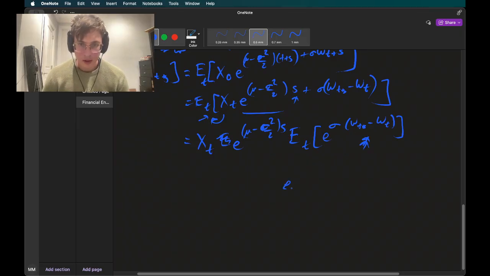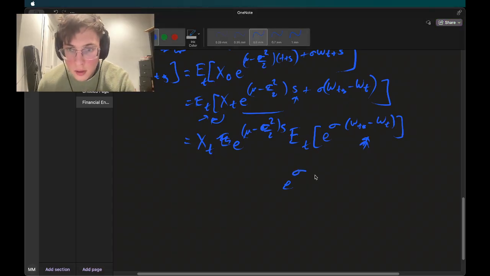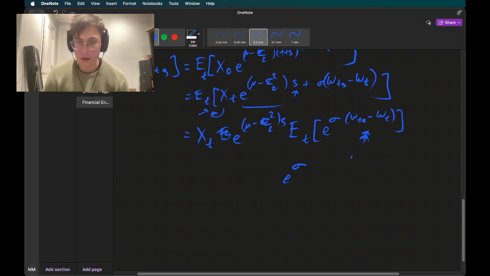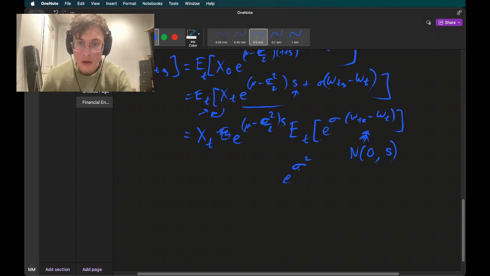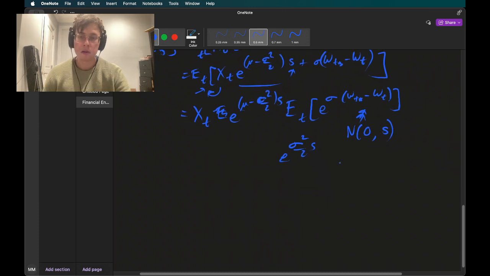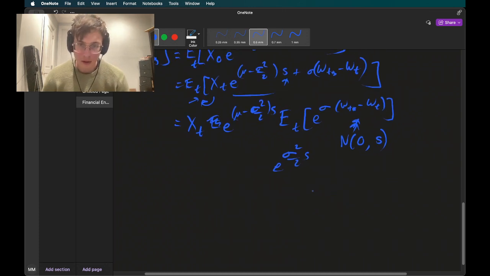Again, this is normal, the normal distribution with mean 0 and variance s. And so we end up with sigma squared s over 2. As you know, the expectation of e to the sx is equal to,